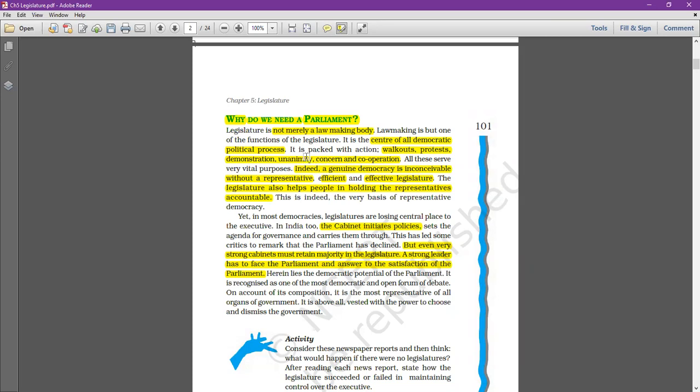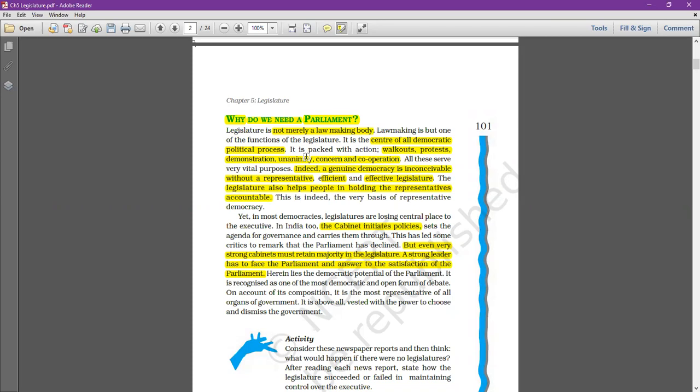Many times you might have seen on Lok Sabha TV or Rajya Sabha TV, nowadays the live proceedings of the Lok Sabha and Rajya Sabha go on live. There you might have seen that the opposition parties sometimes protest over particular issues. They raise placards, they raise their voice against the government on a particular issue. They debate, they criticize the government policy. Sometimes you might have seen they support also. So cooperation and opposition, both go hand in hand in parliament.